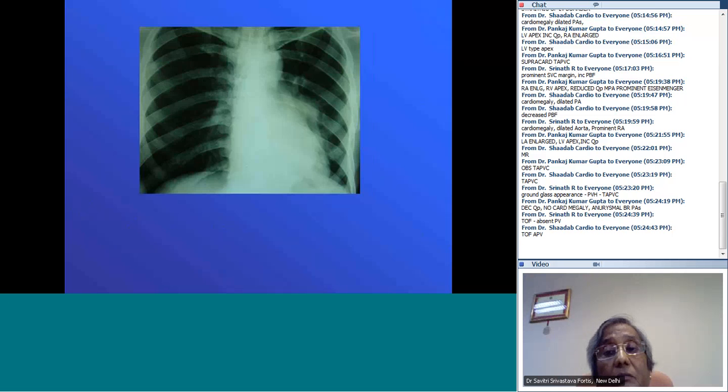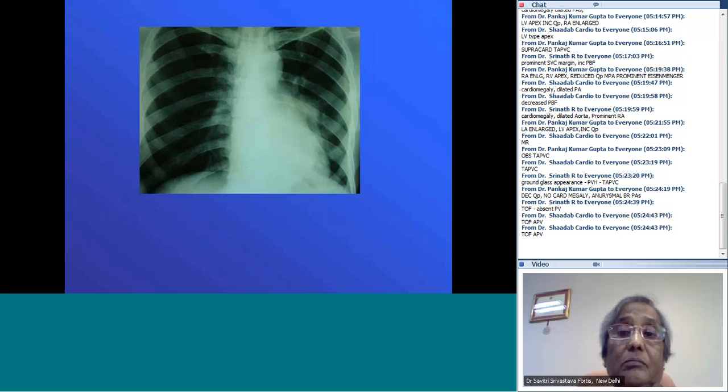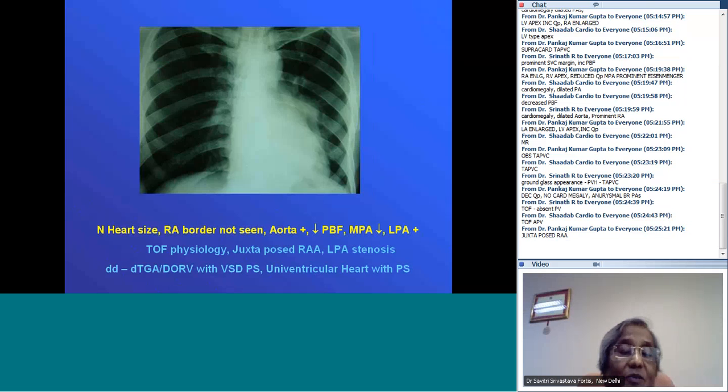There's a lot of things in this X-ray. There's no cardiac enlargement. You can clearly see there's a decreased pulmonary blood flow. Absent right heart border is there. But there's a prominence in the hilar area of the left pulmonary artery, but not in the main pulmonary artery. Aorta is prominent. So there is a TOF physiology clearly, but with the absent right heart border. So you are right in saying juxtaposed atrial appendage, and there's no prominence of the main pulmonary artery, so it is a